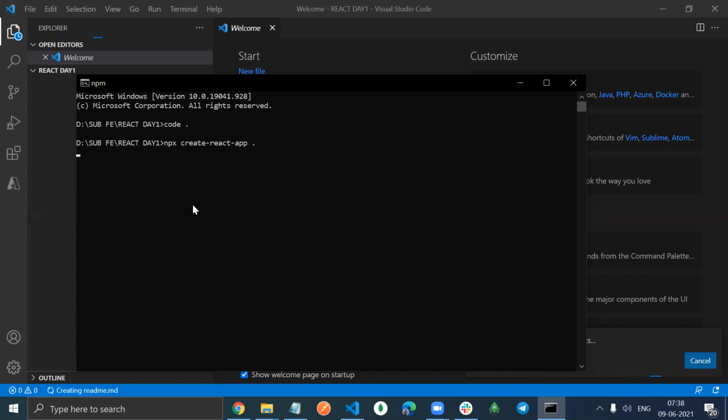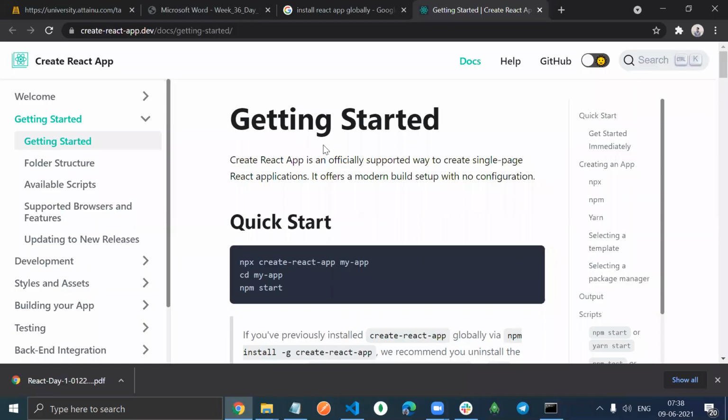If you want to work on any React project, then every time you have to run this command: npx create-react-app. And this is the React official documentation. There they have written npx followed by create-react-app followed by your application name.